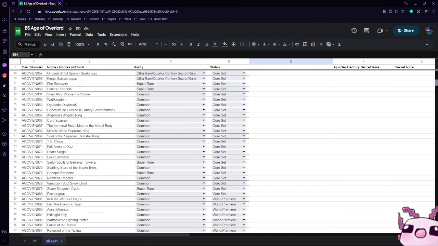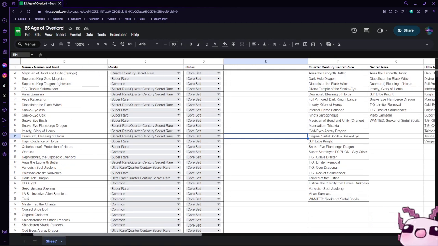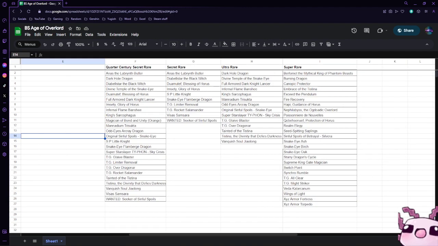So, like always, I have a spreadsheet just for everyone, and we are going to be looking at the rarities. So, all secret rares and ultra rares come in quarter century secret rare, and the super rares are just super rares. So, let's get into it. So, your 10 secret rares are Arius, the Labyrinth Butler, Dibelstar, the Black Witch, Tumultef, Blessing of the Horus, City of Gloria Horus, SP Little Knight, Snake-Eyed Flameberg Dragon, TG Limiter Removal, TG Rocket Salamander, Visa Samsar, and Wanted Seeker of Sinful Spoils. Now for the ultras, you have Darkhold Dragon, Divine Temple of the Snake-Eye,